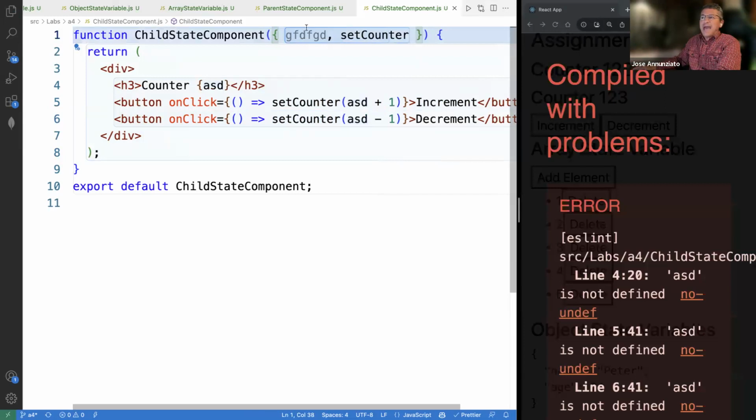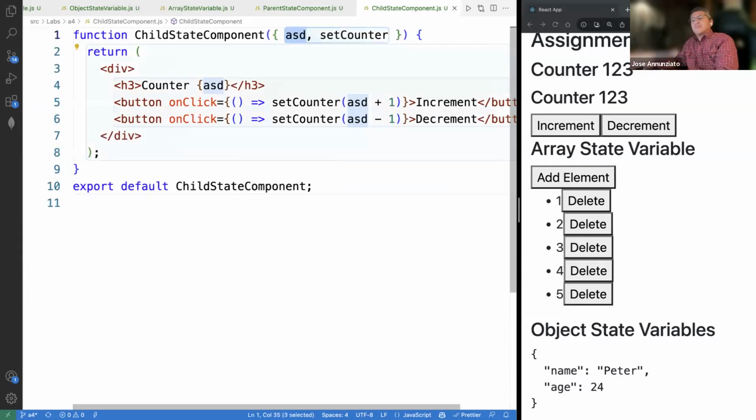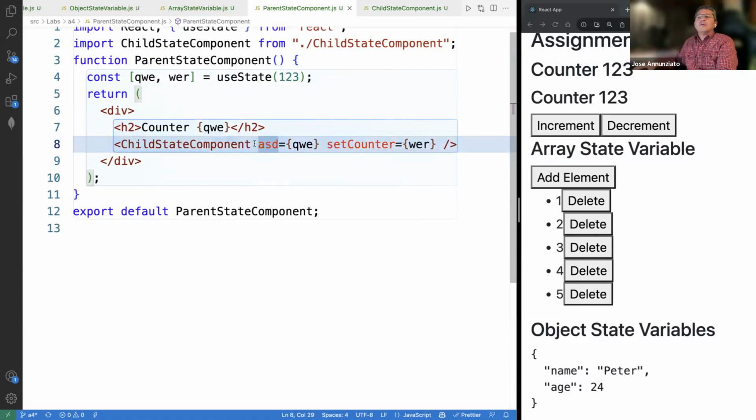Because it's curly brackets, it has to match the keys, and whoever's passing it called it ASD. So on the other side, when we destructure it, we have to maintain the names of those keys, but not so in the